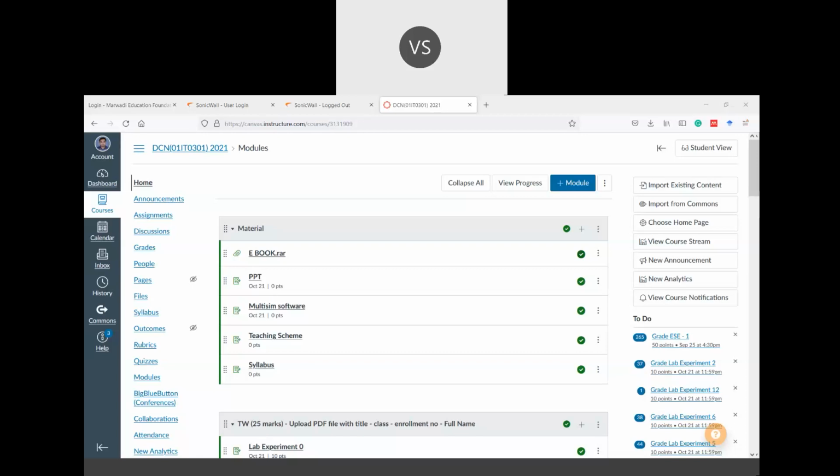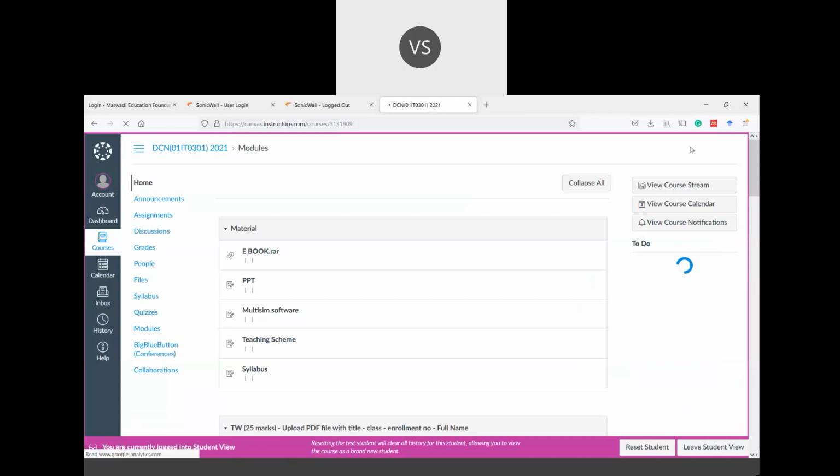Is it visible? Okay, चलो। So where you can get this unit test 2 paper, मैं फिर से explain करता हूँ, सब लोग फिर से देख लीजिए।